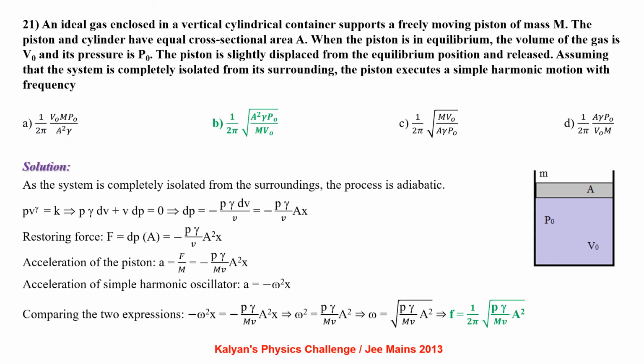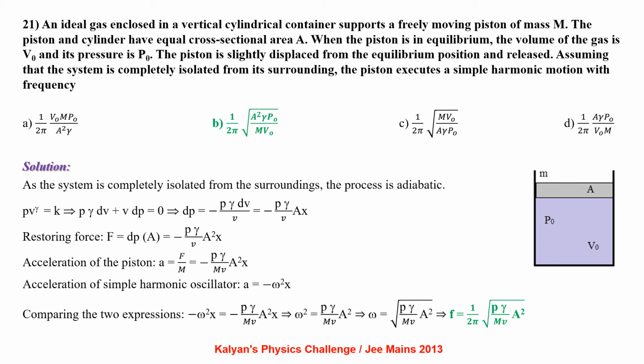An ideal gas enclosed in a vertical cylindrical container supports a freely moving piston of mass m. The piston and cylinder have equal cross-sectional area A. When the piston is in equilibrium, the volume of the gas is V0 and pressure is P0. The piston is slightly displaced from equilibrium position and released. Assuming that the system is completely isolated from its surroundings, the piston executes a simple harmonic motion with a frequency of